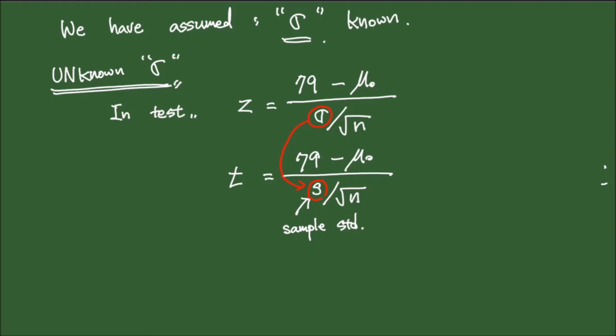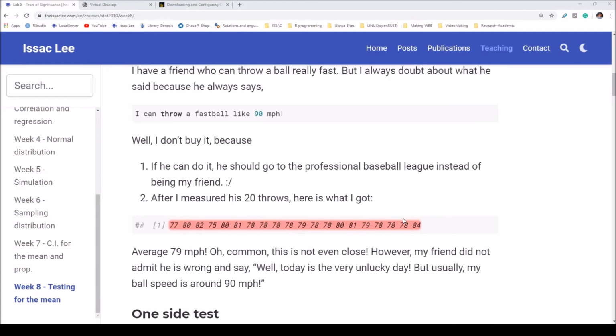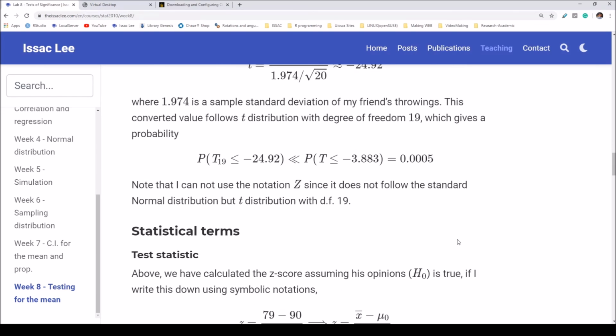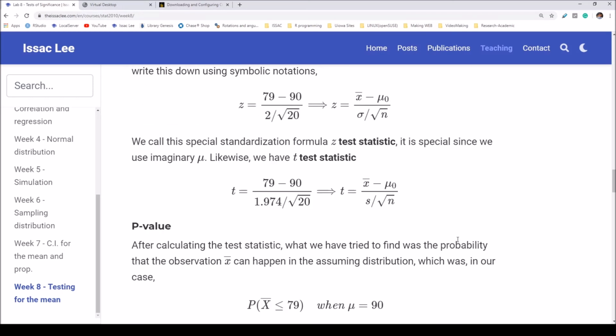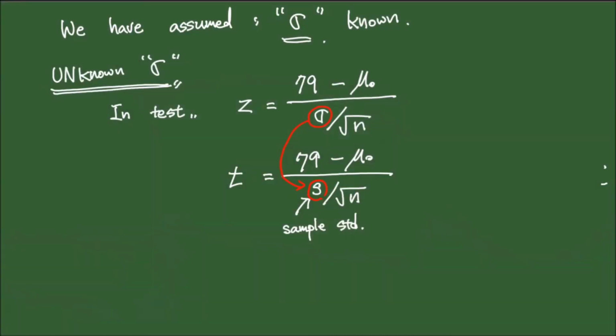Okay, if you calculate the sample standard deviation for those 20 numbers, I got 1.974. So now I have 1.974 as my sample standard deviation.